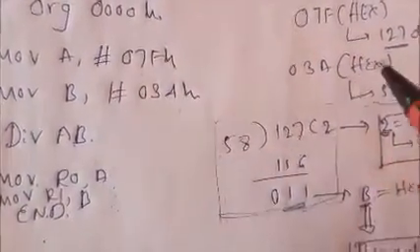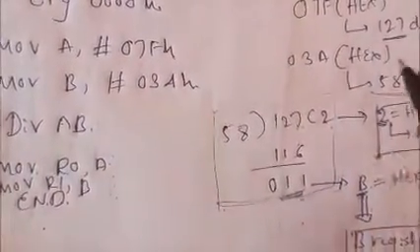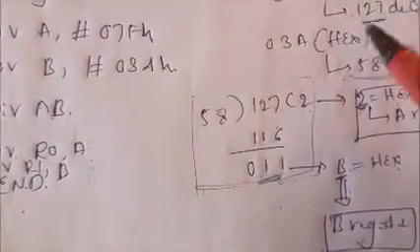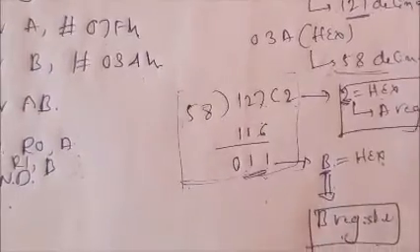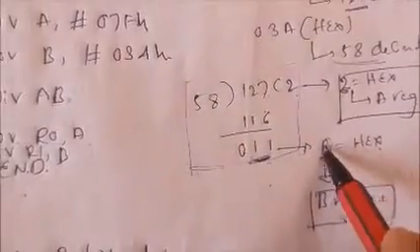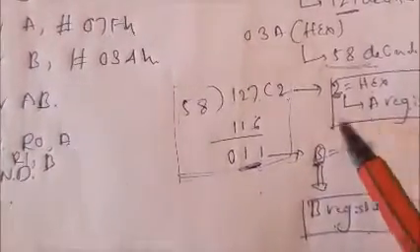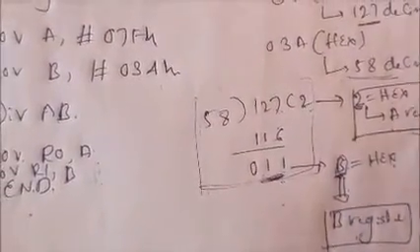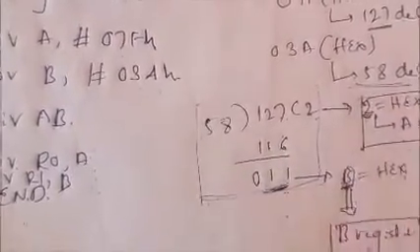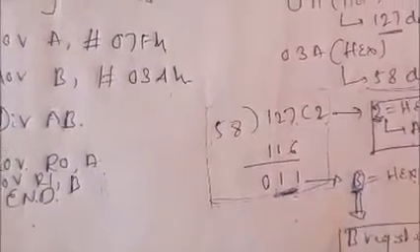or first you can convert the numerator to decimal, convert the divisor to decimal, and perform the division at the decimal level. Then whatever quotient and remainder you get, convert them back to hexa. That is the hexadecimal calculation also. So here the remainder you are getting is 11, that means B, and the quotient is 2. After the execution, if you check the content of register A, it will be the quotient value. The content of register B is the remainder.